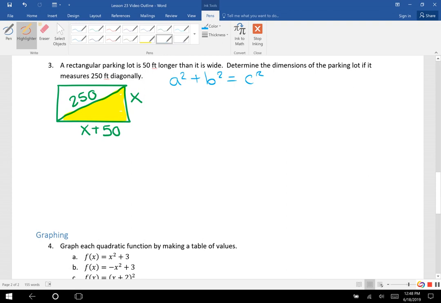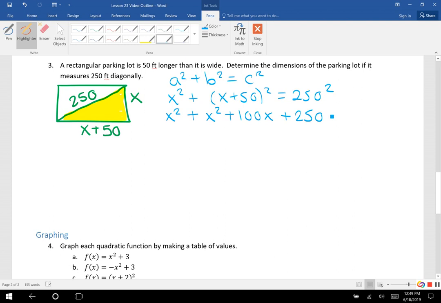So that means x squared plus (x plus 50) squared has to equal 250 squared. There's my equation. I'm going to try to simplify, so get rid of parentheses, combine like terms, and then solve. So x squared. We're going to have to FOIL out the (x plus 50) squared. It should be an x squared, and then 2 times 50 is 100, so you should get 100x. And then 50 times 50